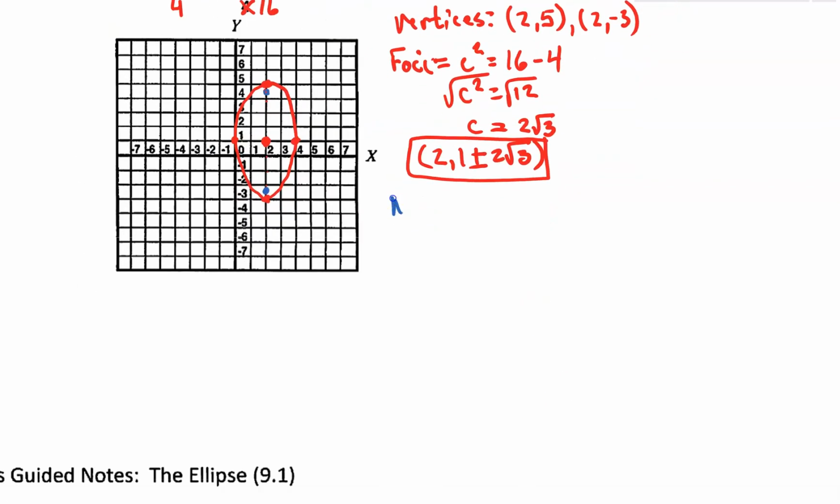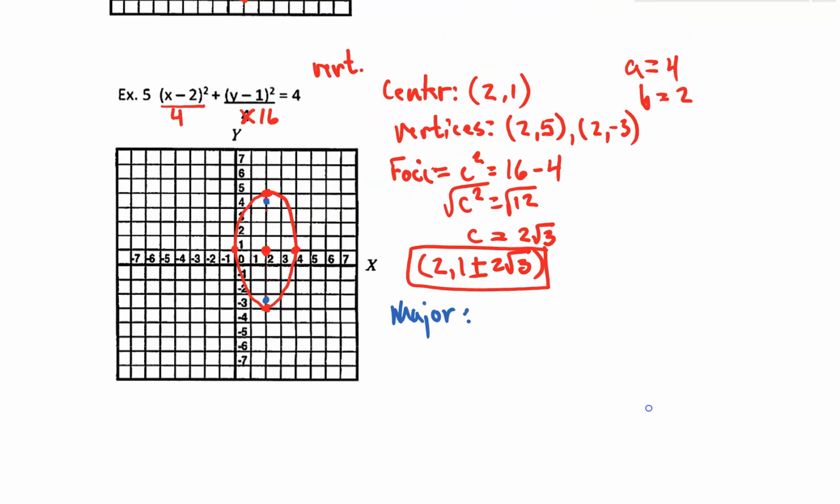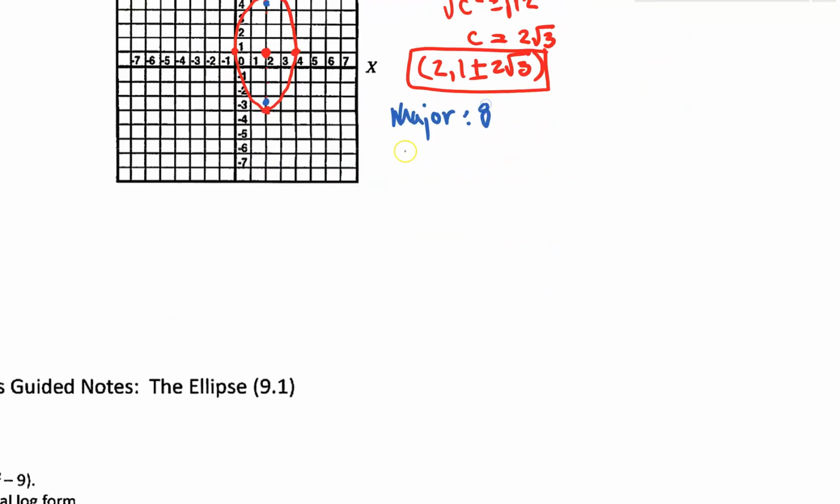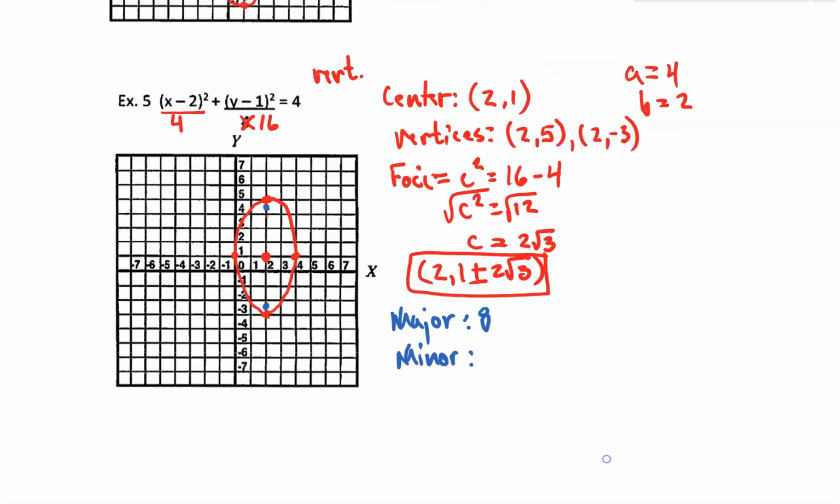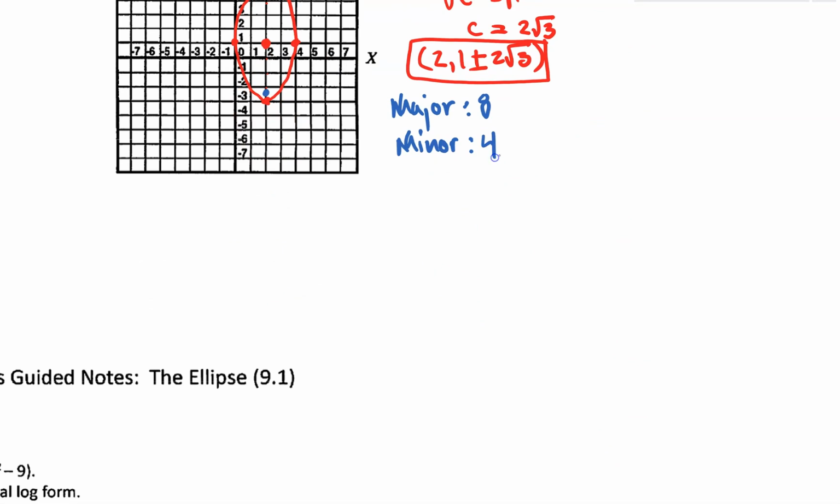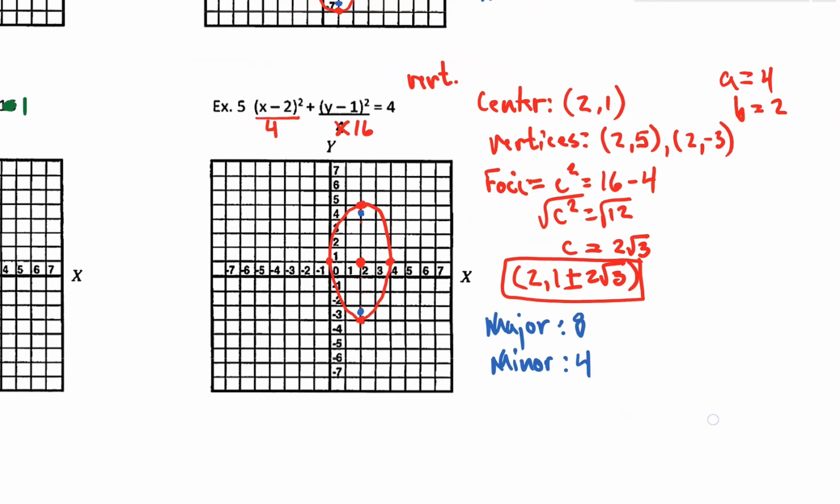The length of your major would be 2 times A, which is 8. Length of the minor would be 2 times 2, which is 4. And that would pretty much be